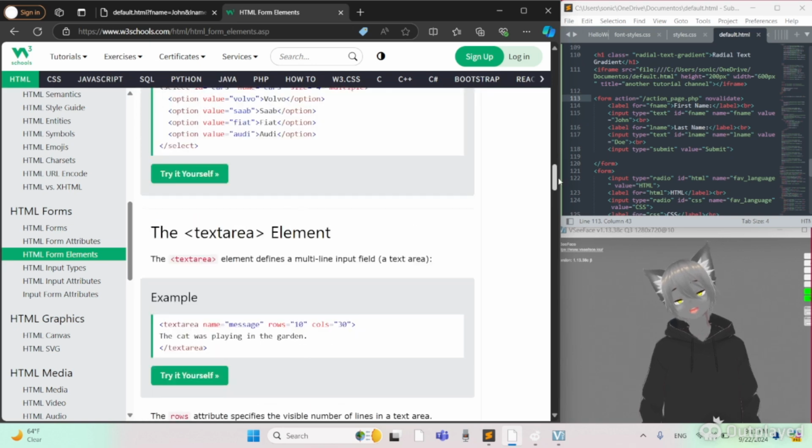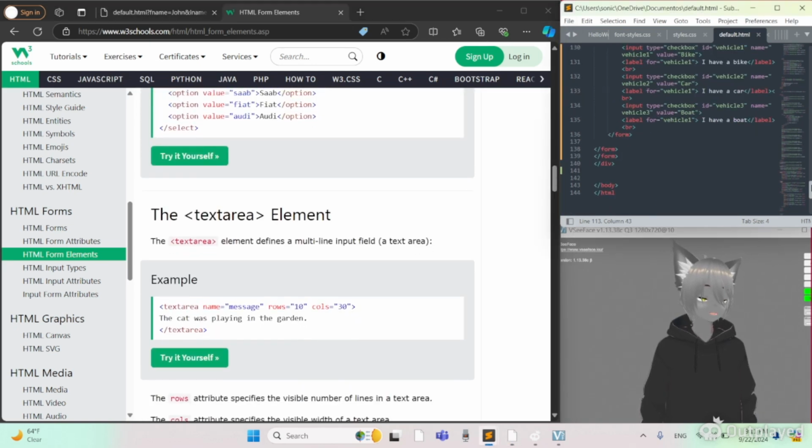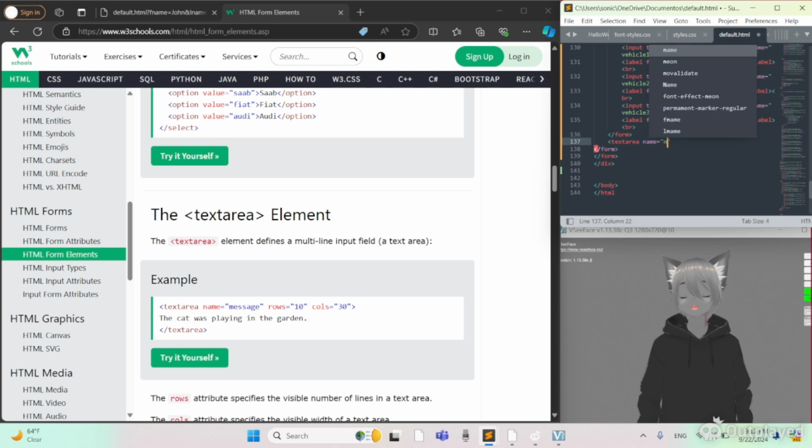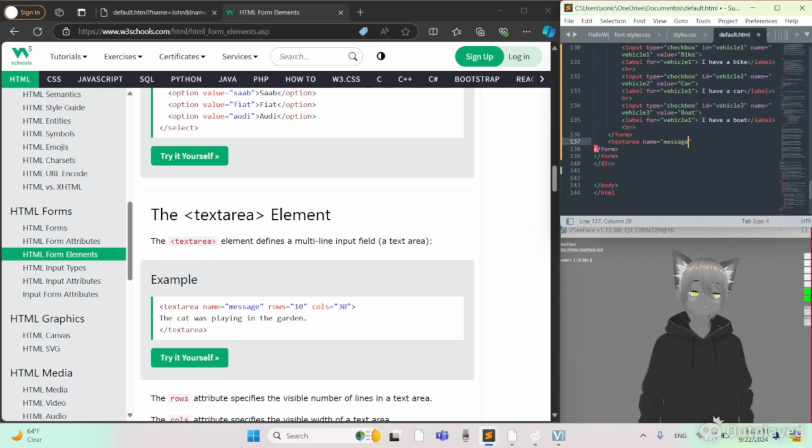I'm going to add that into mine right now so we can see what it looks like here on this web page. Textarea, name equals message, rows equals 10, columns equals 30,